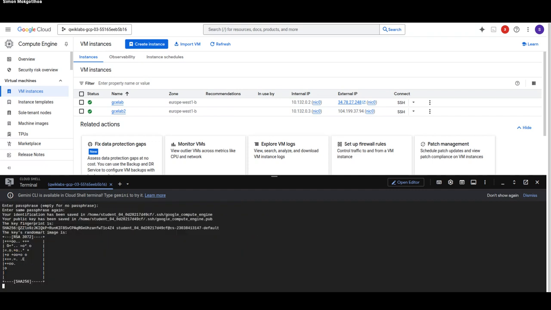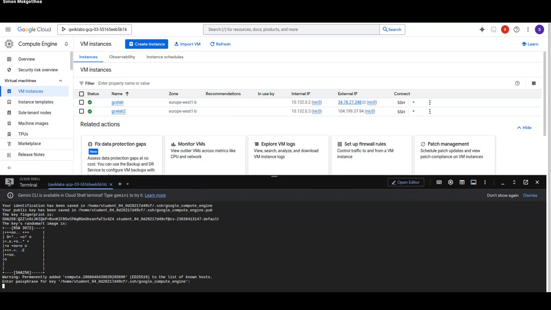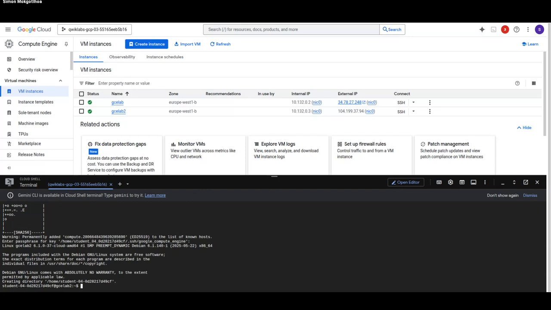I hope I entered it correctly. Rocky's in. Okay. Now enter the passphrase. Let's see, Rocky. Okay. And we are in.